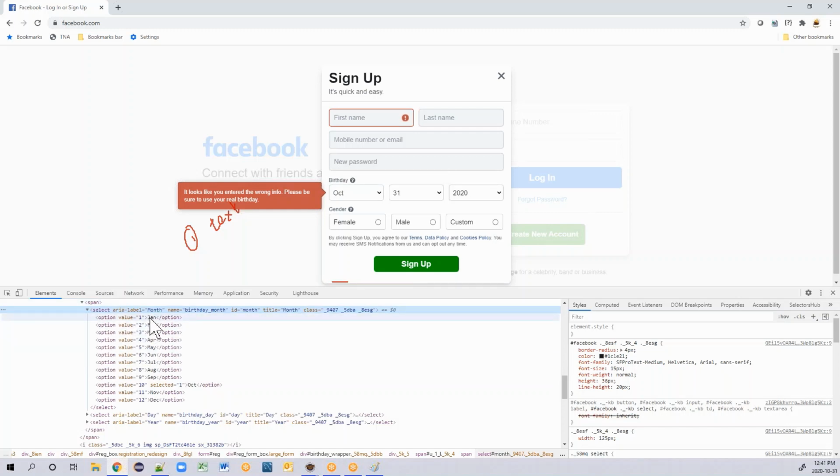Now I want to select based on the text, I pass this value. Now suppose I want to select based on the value. There is a tag called value. Value is the attribute name. This attribute name has been given by the developer. Developer said for January I will give value as 1. For February I will give value as 2. For March I will give value as 3. For April I'll give 4. For December it's 12. So I want to select based on the value. This is the second combination, based on value.